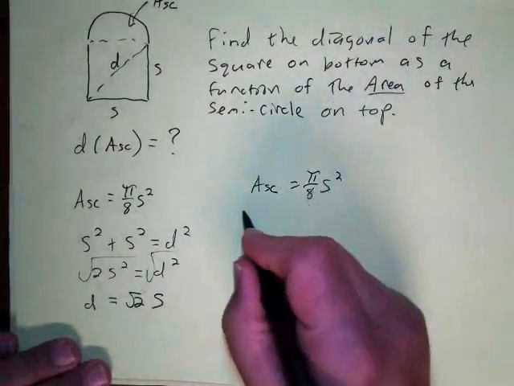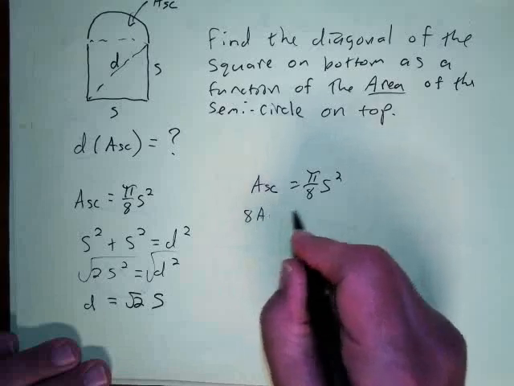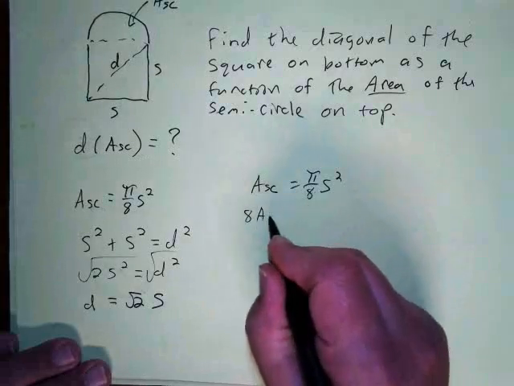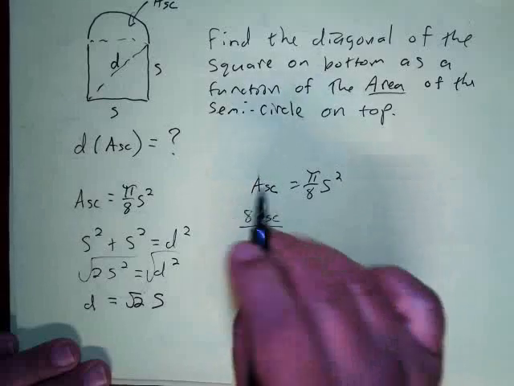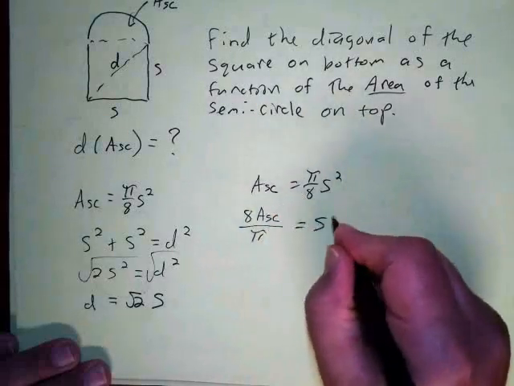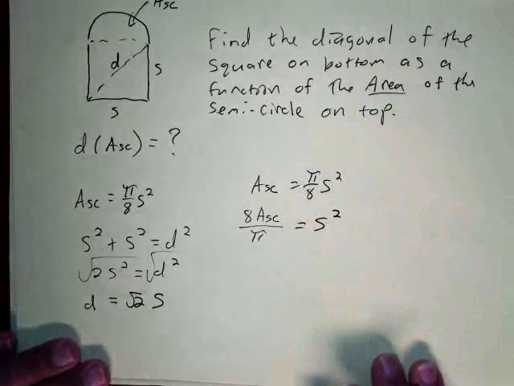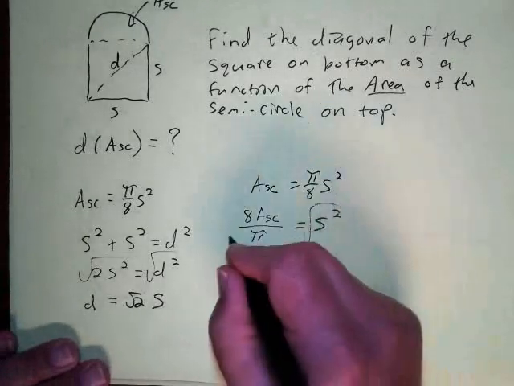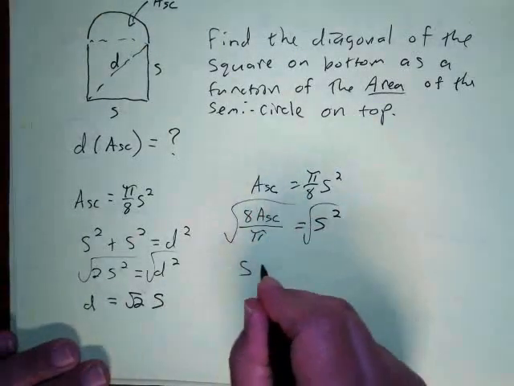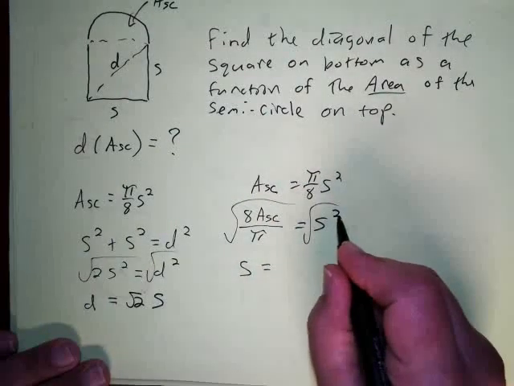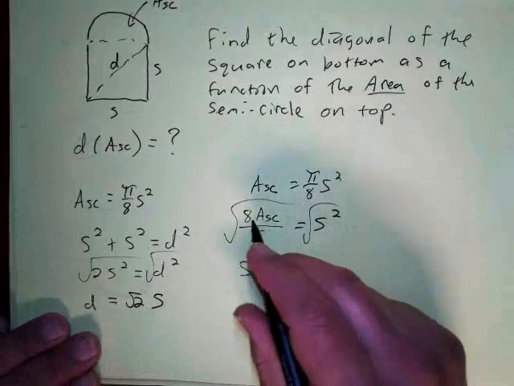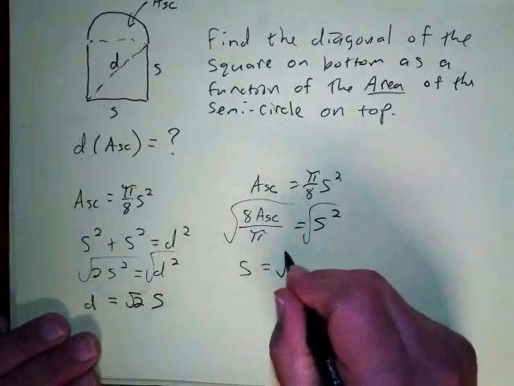And so I'm going to move the pi over 8 to this side by multiplying both sides by the reciprocal, and this is just equal to s squared. And then I'm going to take the square root of both sides, and of course I just need the positive one, and so that gets rid of the square over here, and I get s is equal to